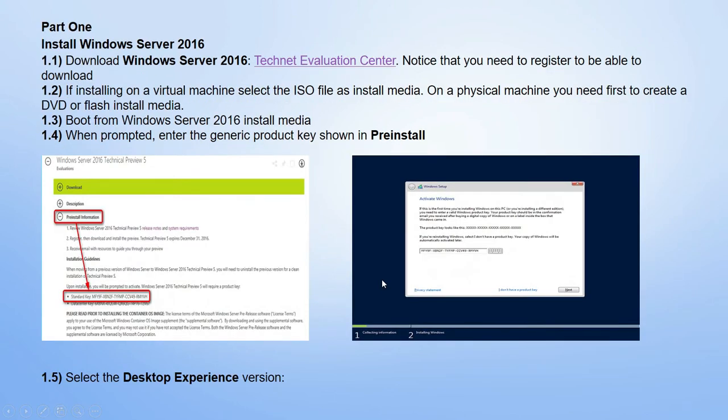So this is section number 1, or part number 1, where we go through the installation of Windows Server 2016. Previously you got the idea about Windows Server 2016 installation. Here also I am showing you how you are able to install Windows Server 2016. First, download Windows Server 2016 from the TechNet Evaluation Center.